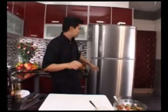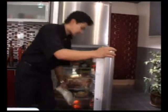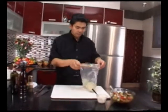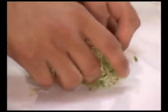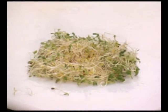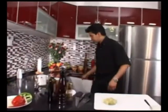I thought of using alfalfa sprouts today. Alfalfa is basically one of the sprout family. It's beautiful. This one is organically grown. So basically it's going to give you a nest effect. It's going to go on the base. I'm going to put my vegetable salad on top, and I'll top it up with the fried poached egg. So, got the beautiful